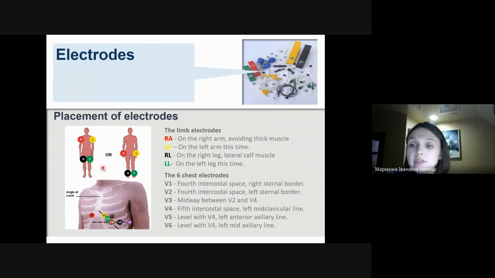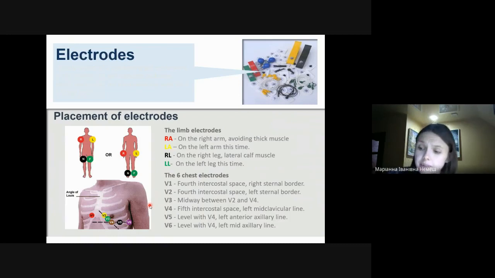Besides this, we have the 6 chest electrodes. V1 is put on the fourth intercostal space, right sternal border. V2 is on the fourth intercostal space, left sternal border. V3 is midway between V2 and V4. V4 is on the fifth intercostal space, left midclavicular line. V5 is level with V4 in the left anterior axillary line, and V6 is at the same level with V4, that is, the fifth intercostal space in the left